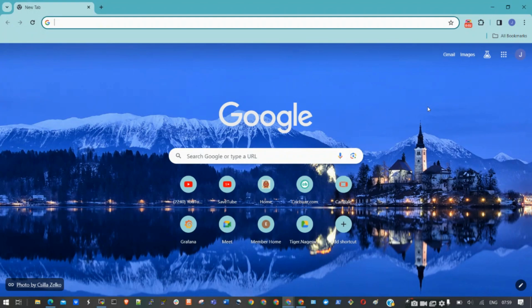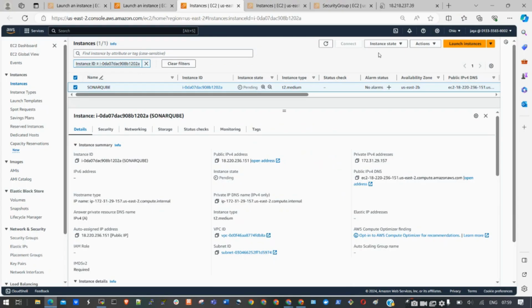Hello friends. So today we'll discuss how to install SonarQube by using an Ansible role, and this is the automation. We'll do this task on Ubuntu 22.04, which is present in AWS. I have already created my AWS account, and in that account I have created the server as SonarQube,